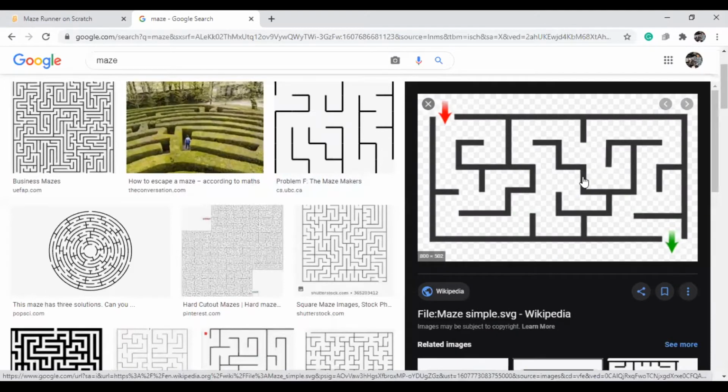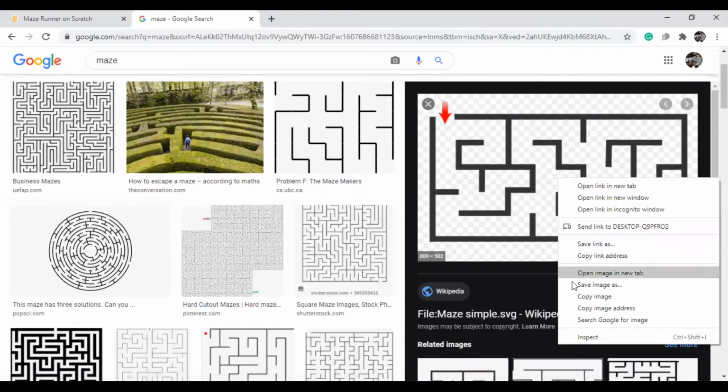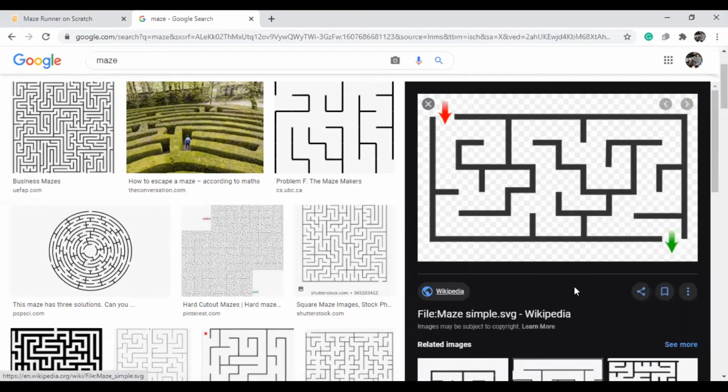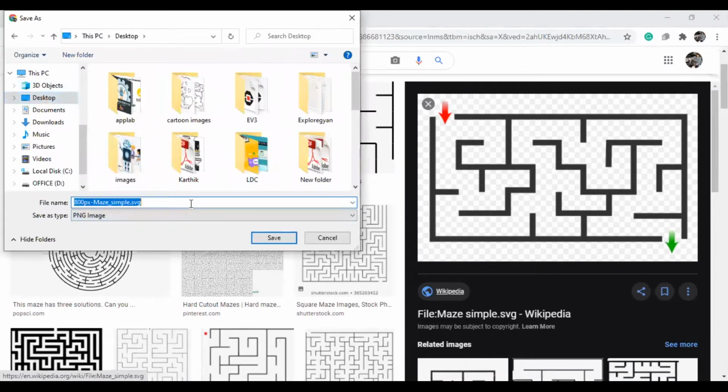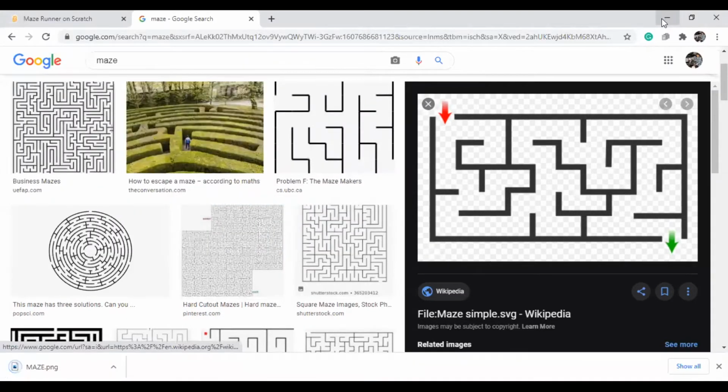So what I will do, first of all, I am saving this one. Save image. I am saving it with the image name. Just I want to check it out.